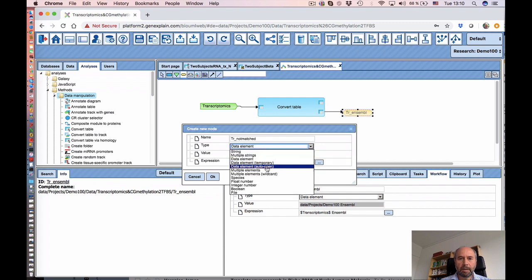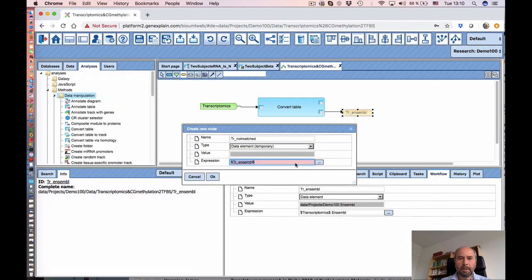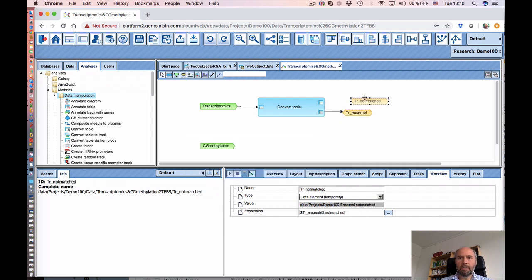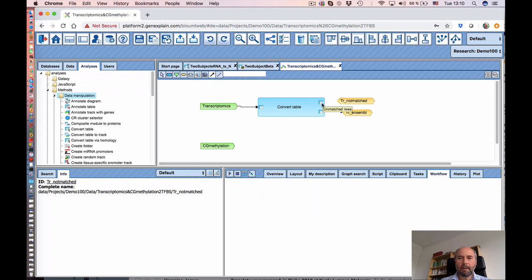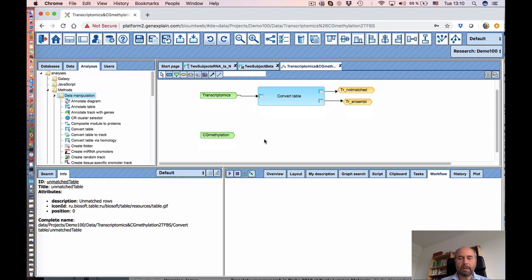So we can make it auto temporal, and let's give it this name, not matched. Okay, and then we can connect this to this. We don't need to convert the CG methylation data, it's in